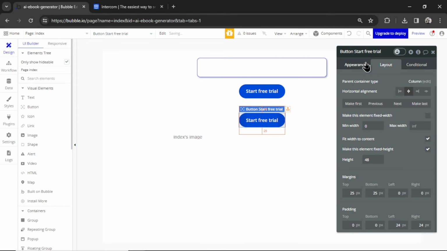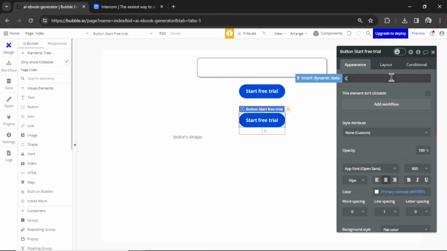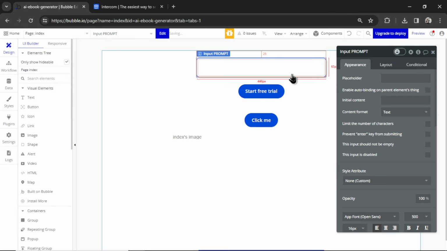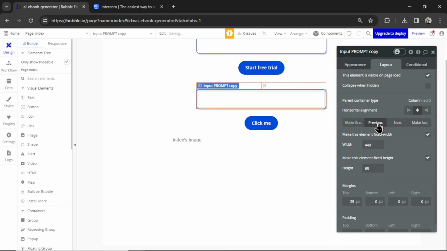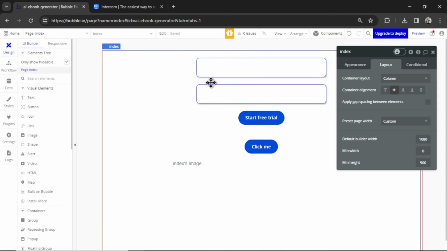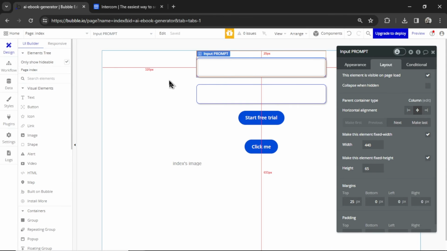I'm going to move it like that. Change the text. This time it's "click me." Copy this input, paste it. We're going to move it to second. You know, you can make multiple inputs, copy them, paste them on different pages. The cool thing about Bubble is you just got to make the element once, and then you can use it